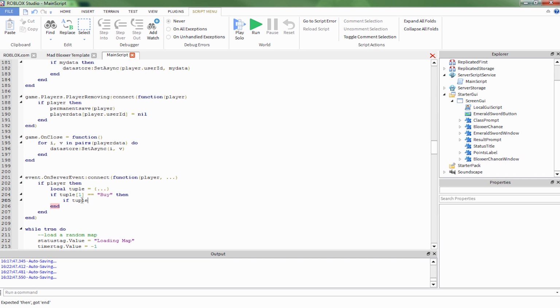Now the second piece of information. So we have 3 things that we can buy. We have 100 points that you can buy with Robux. We have the emerald sword. Actually, we have the Bloxxer chance. And we have the emerald sword. Okay, so